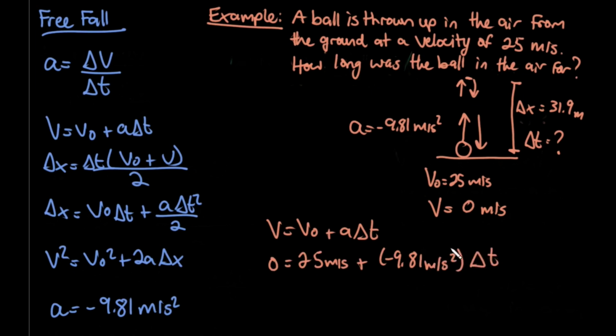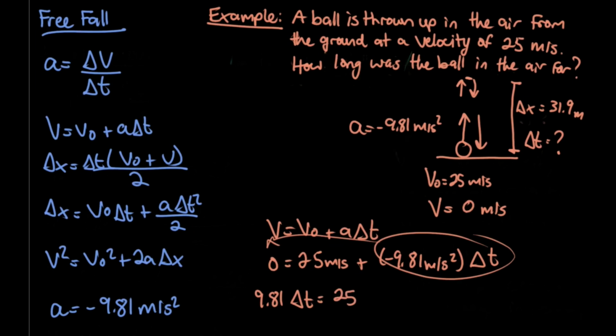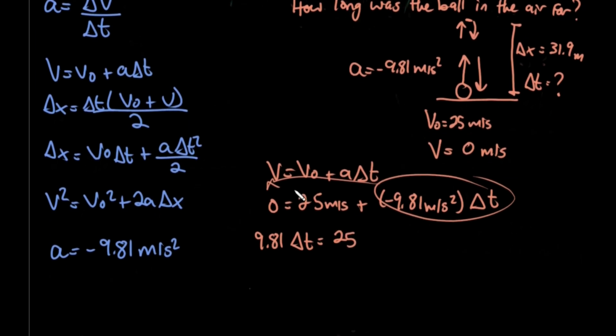So let's bring this guy over to the other side. It becomes positive 9.81 delta t is equal to 25. To isolate for delta t, we divide both sides by 9.81, and we will get delta t as